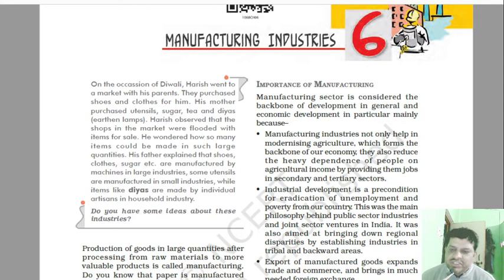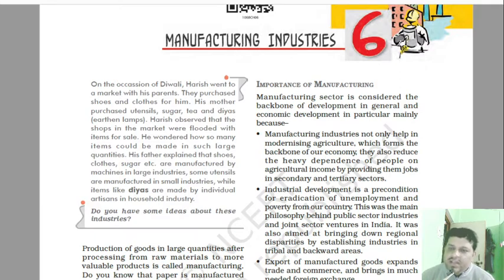Today I am going to discuss with you the very important chapter of the syllabus in SST, and the name of the chapter is manufacturing industry. There will be various topics which need to be discussed, but let us begin this chapter with the inference given in this chapter. Prior to the start of any chapter, a few inferences or activities like situations are given at the beginning of the chapter to draw our attention to what sort of things we are going to discuss in this chapter. So here it is also written like that.